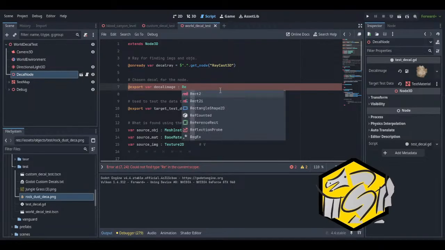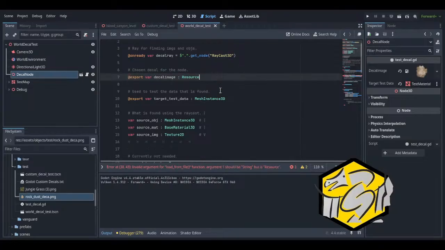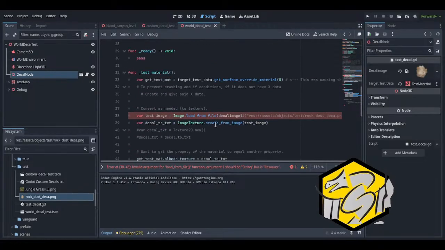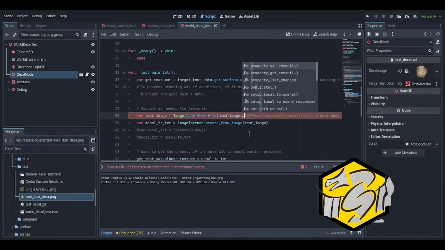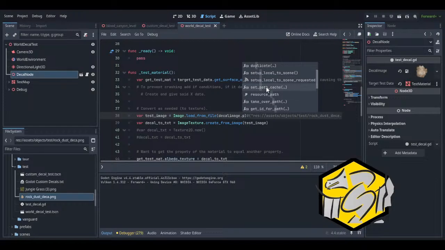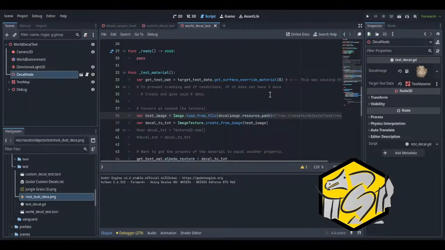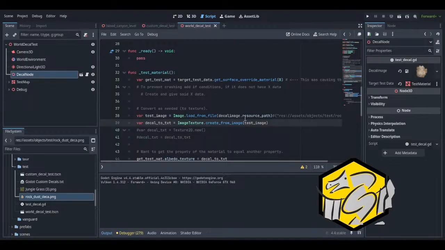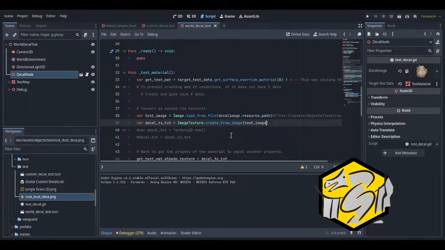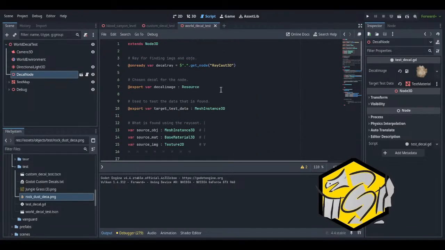Yeah, the resource data type might have a path function, like a property. Resource path. Oh shit, that looks like it works. Unique path to this resource. Oh shit, that might work. Take resource path. Resource.